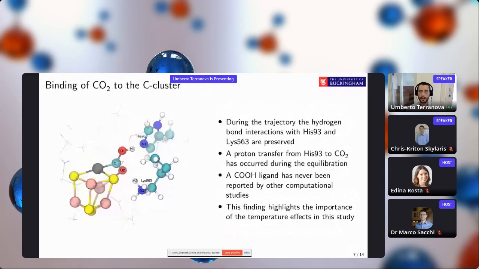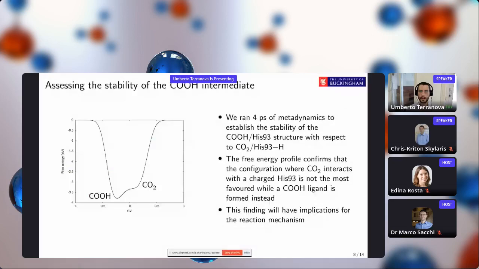Of this, establish the stability of this structure with respect to the one where the instead, as you can see here, so the exact nature of the